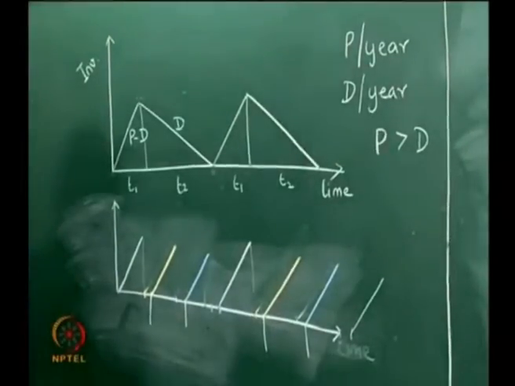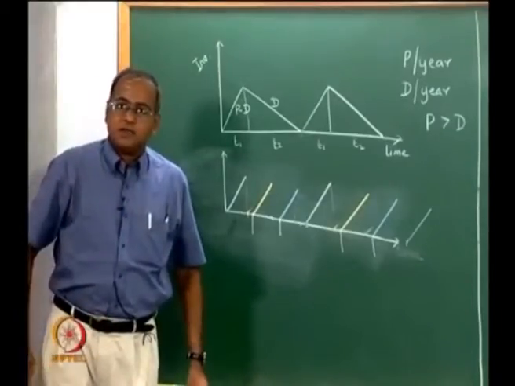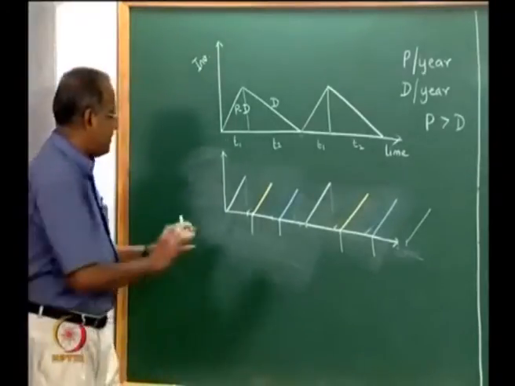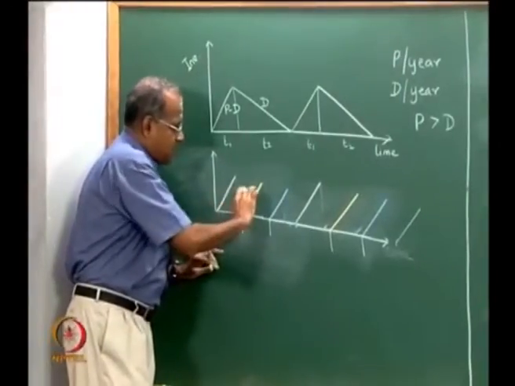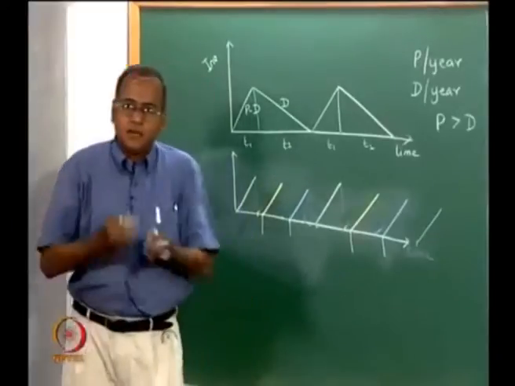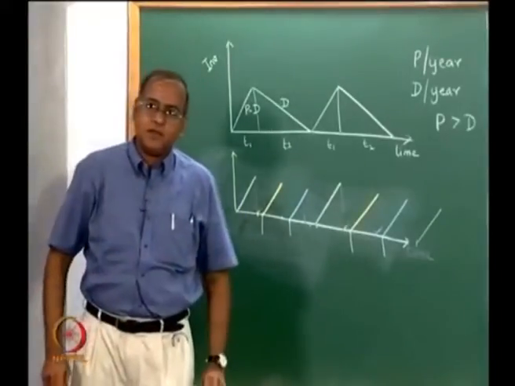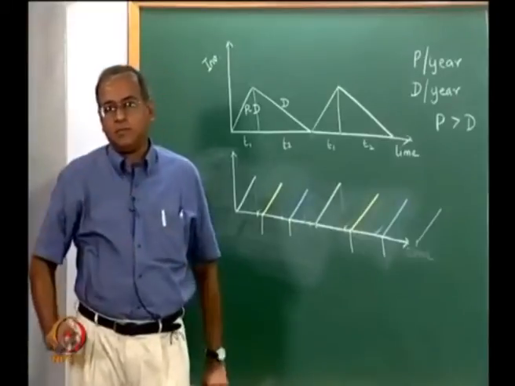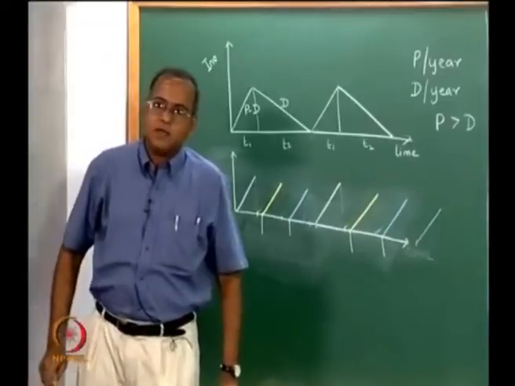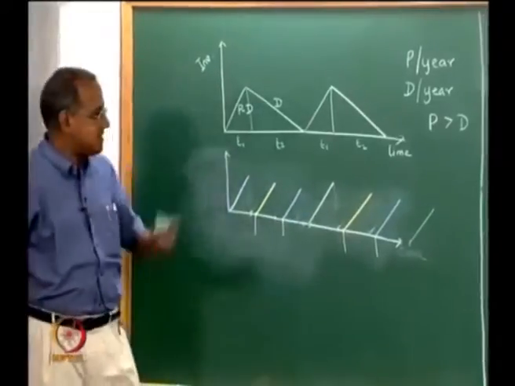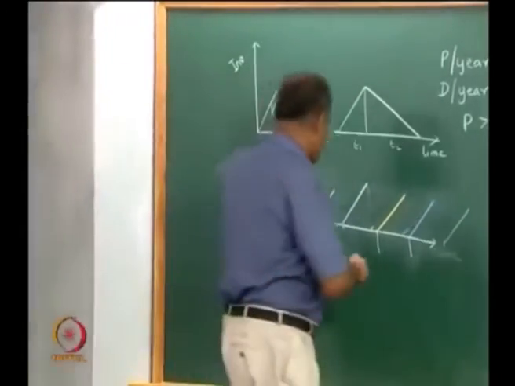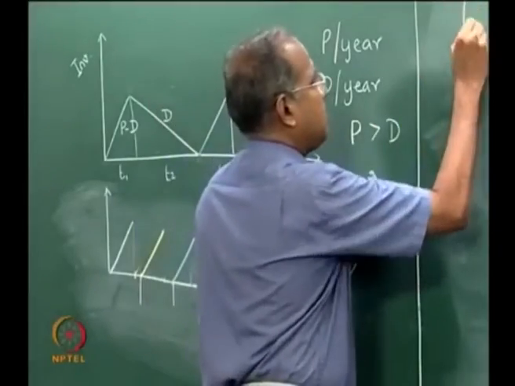So the T has to be the same for all the products, so we need to find that T, and then there will be individual times which you may call T1, T2, T3 and so on. The time you produce each of these items, then I should be able to build up inventory, and then I should be able to consume and so on. Now can we find out such a T is the next problem if we are given multiple items. Now this problem is called the economic lot scheduling problem.